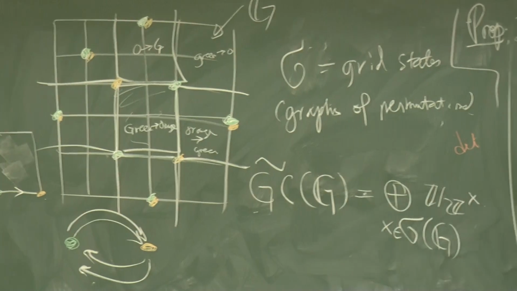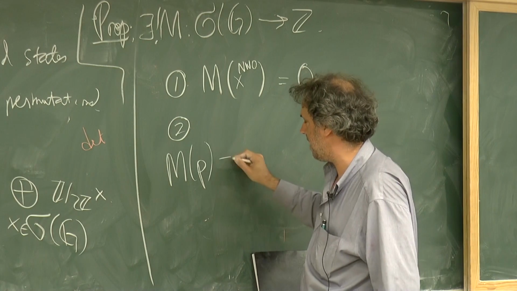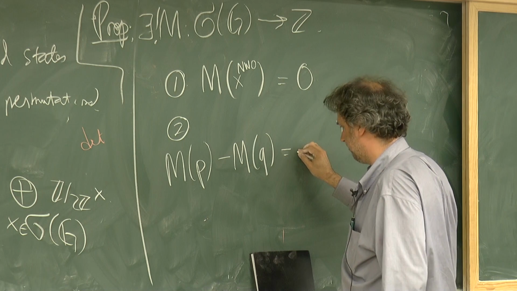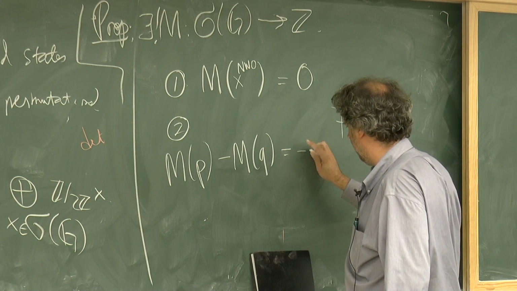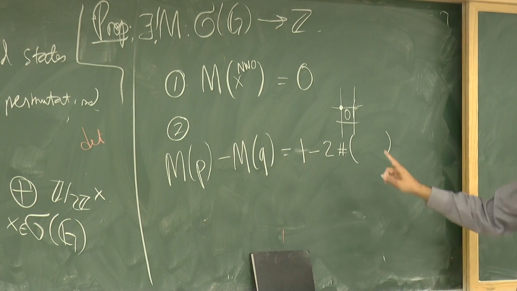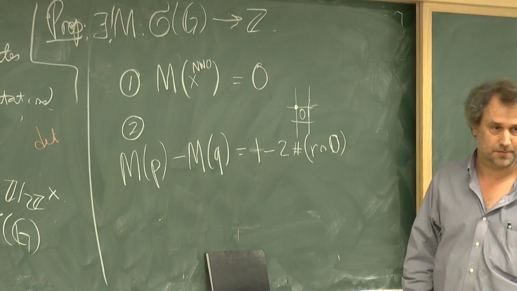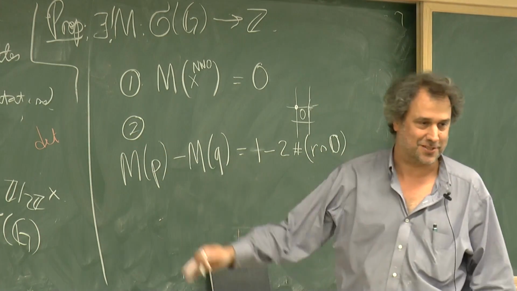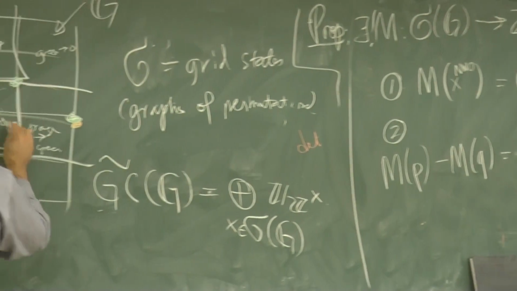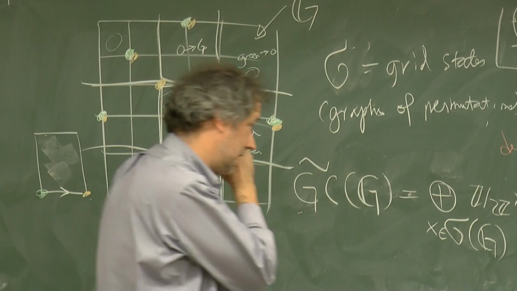Okay, so now I want to say how the M grading of the green and the orange grid state are different. And the statement is that the grading of P minus the grading of Q is equal to 1 minus twice the number of times something happens. And that something is the number of O markings inside the rectangle. So that's something that I suppressed from this picture. But remember, in a grid diagram, we have these various O markings. And so here we're going to have minus twice the number of O markings. And